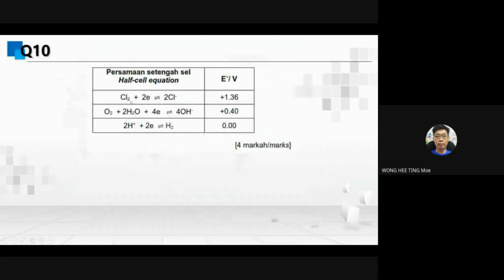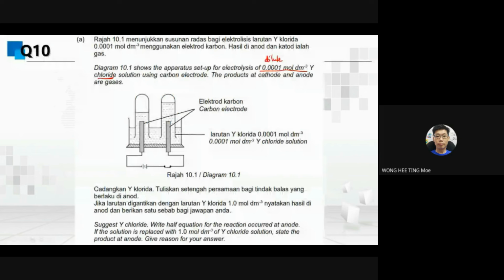Given to you the half cell equation for chloride. If this is given to you, it's very easy later on because it will help you to write the half equation correctly. So chlorine to chloride. This is the discharge, right? So discharge, you write to the left now. So this one to the right. So what do you think is the